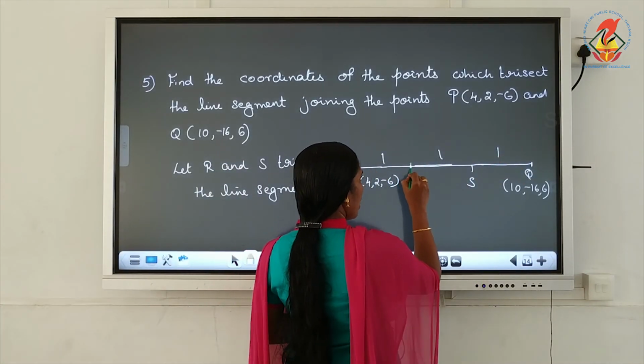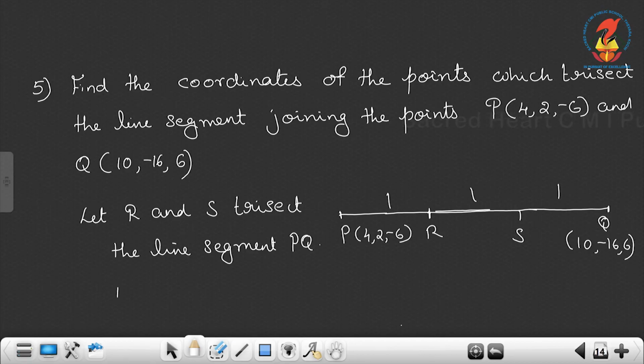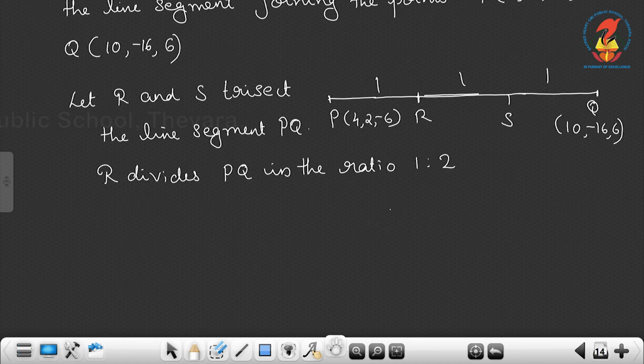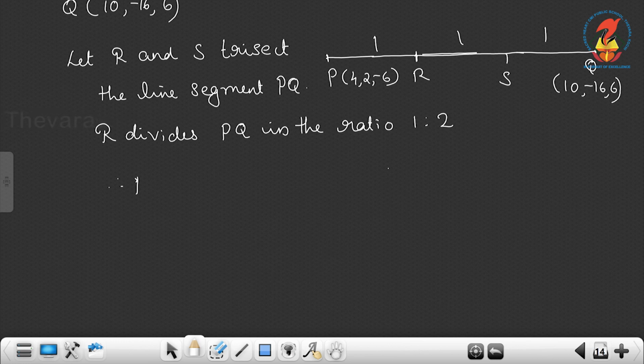Now for finding R, we can use section formula. From this figure, we can write R divides PQ in the ratio. What is the ratio? The left side of R is 1. Right side is 1 and 1. That is 1 is to 2. R divides PQ in the ratio 1 is to 2. So what about the coordinates of R? Therefore R